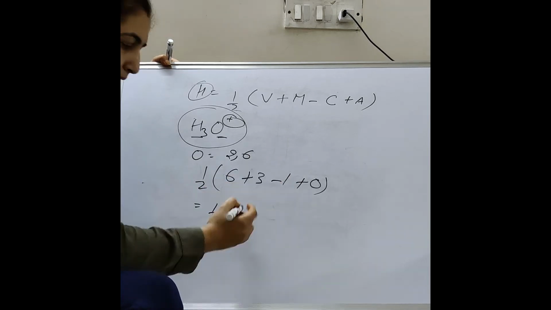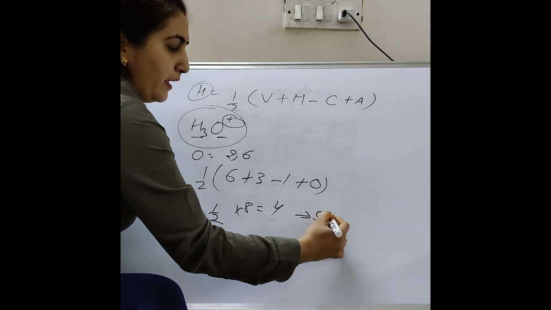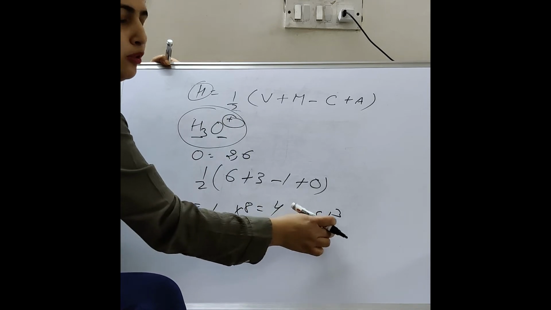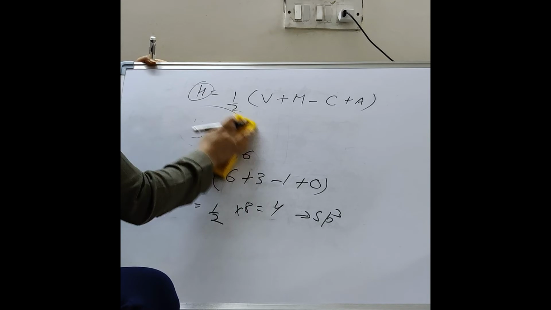9 minus 1, 8. So it will be 4. 4 means sp3. So H3O positive has sp3 hybridization. Right? Now let us come to another example,